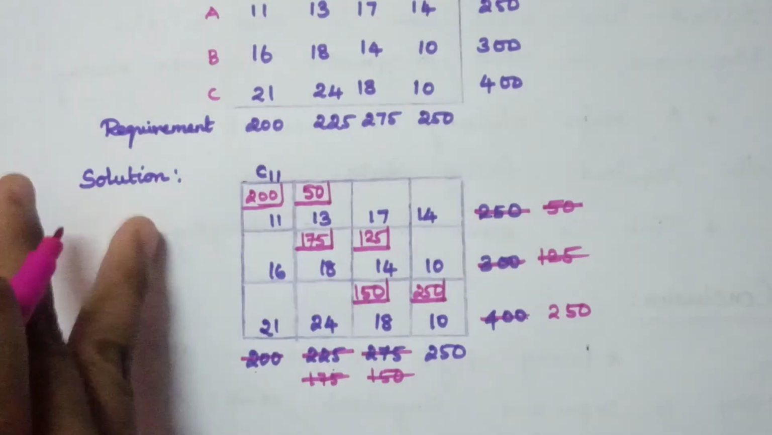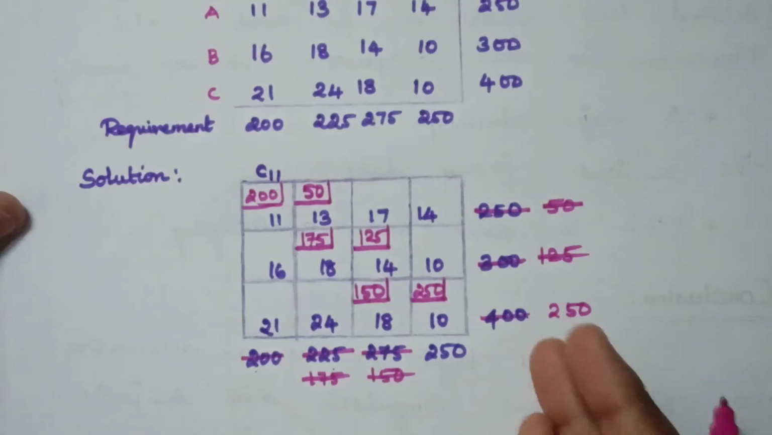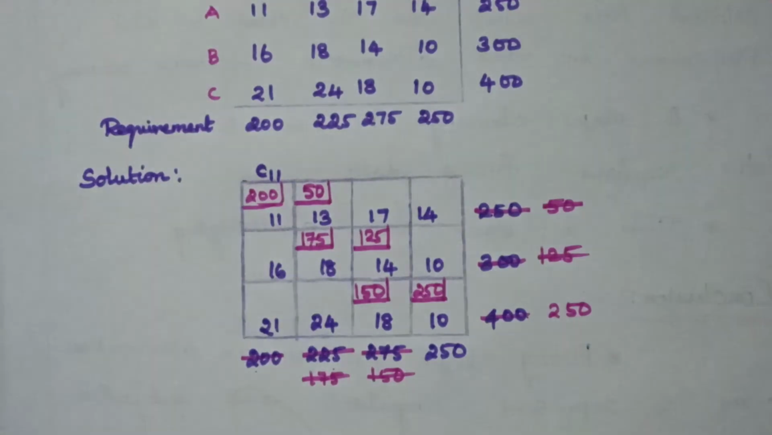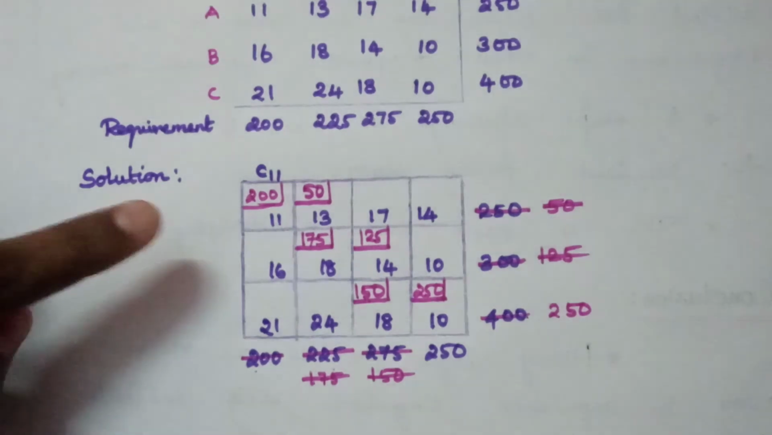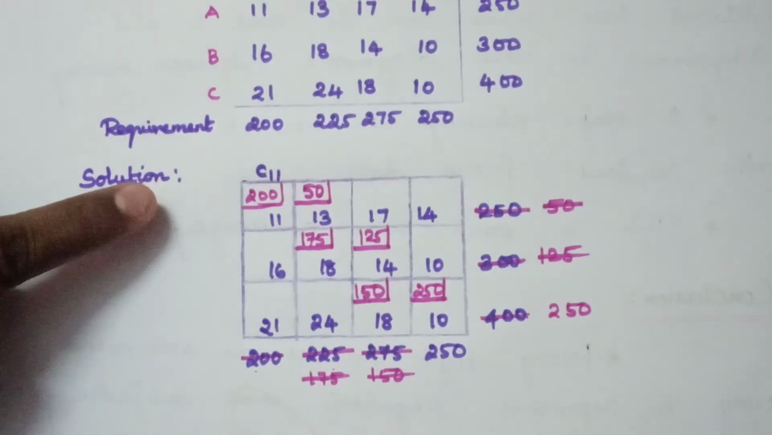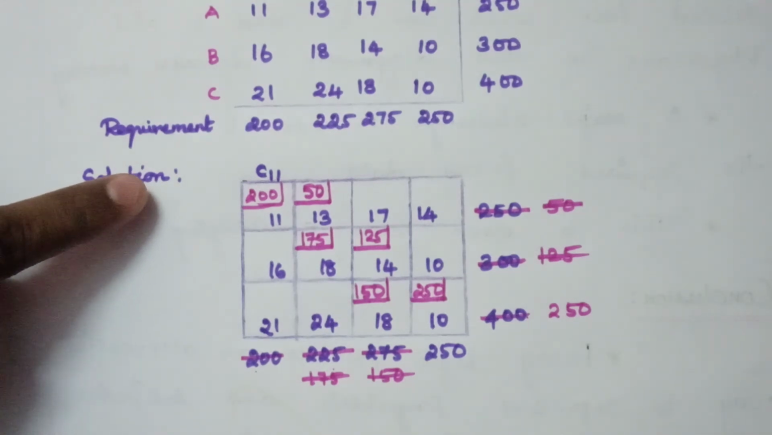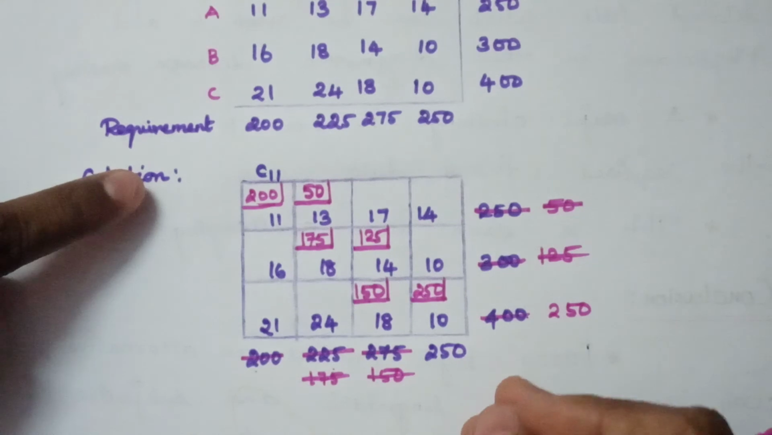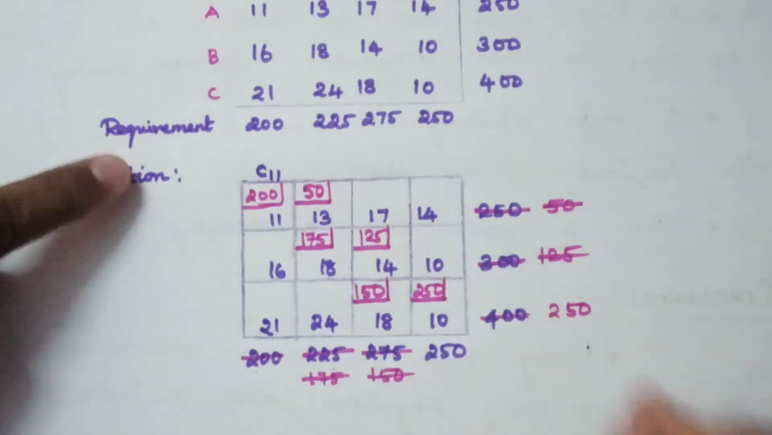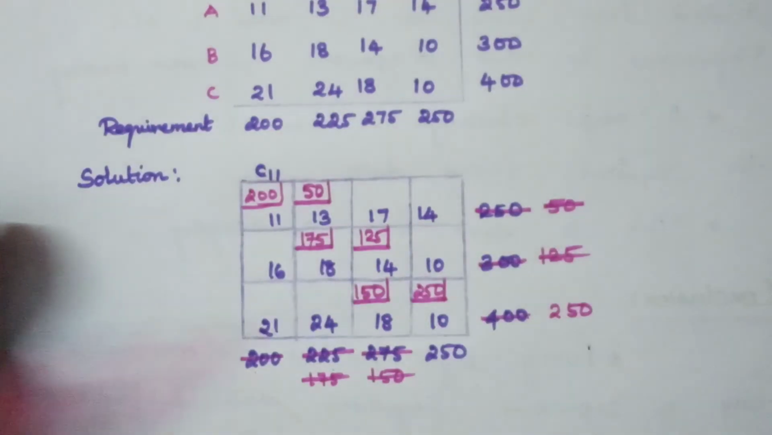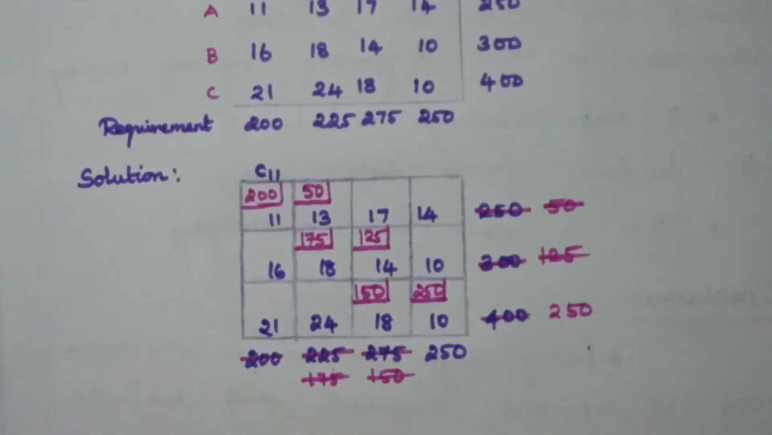Starting from the first cell, we end up in the final cell. So this is how the northwest corner method works. We start from the northwest corner, that is the upper left corner, and we end with the lower corner, that is the final cell of this table. It is 10. So for 10 we have allocated 250. So now we have to identify the initial